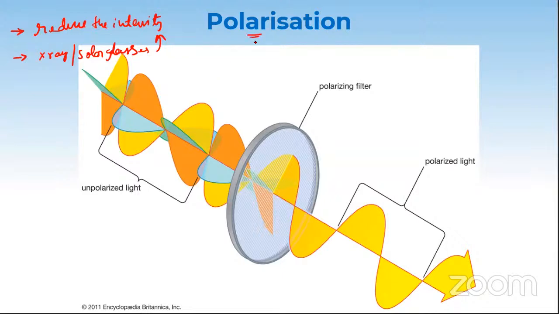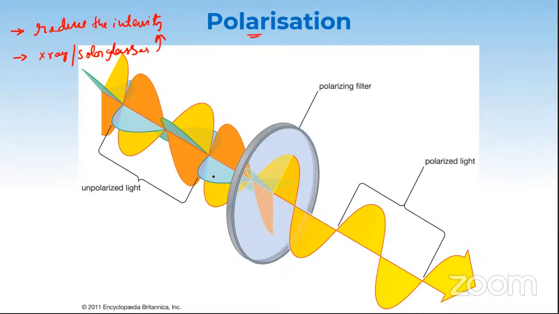So polarization is a process in which we reduce the intensity of incoming radiation. For example, initially I have very much radiation and I can't watch that bright source, but I use something called a polarizer, by which I can reduce the intensity of the incoming light, and everything becomes possible and very clear.